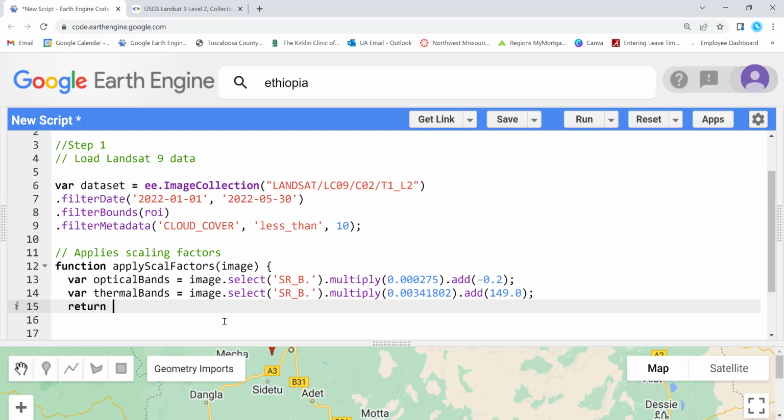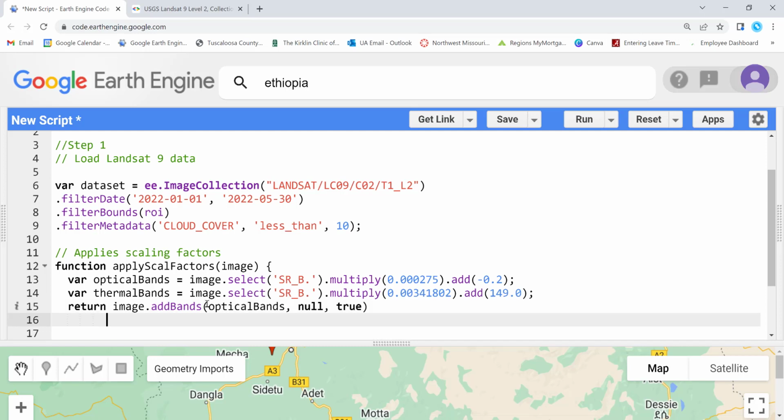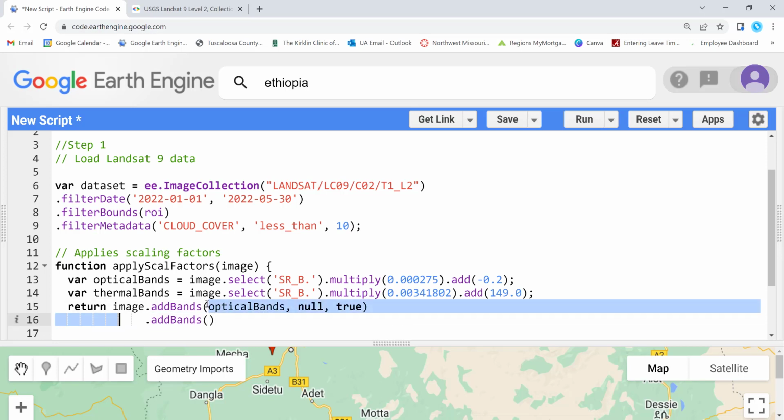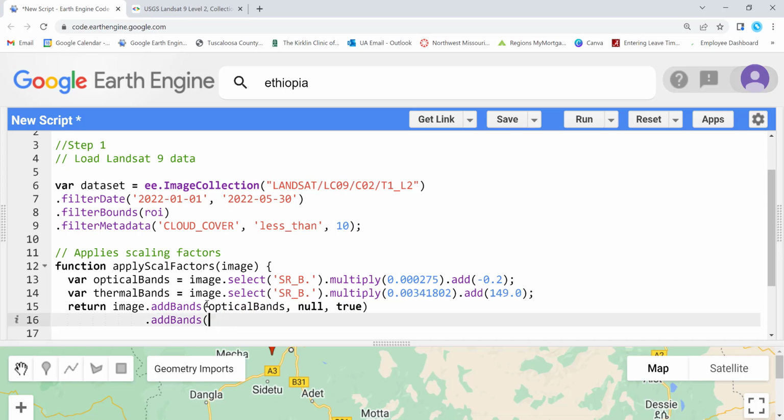So my output would be image, and then I'll add bands, and we have the optical bands, right? We'll just add the rescaled version here, and then we'll add null and true, and the other one is just add bands. And for the thermal, right, I'll do the same for the thermal bands. Okay,